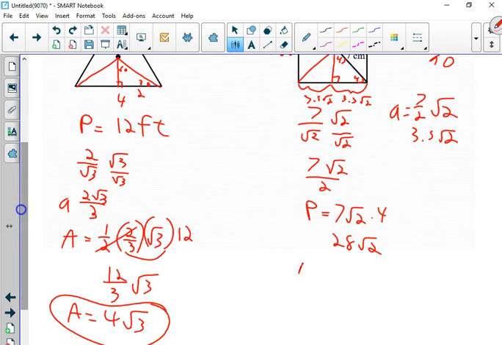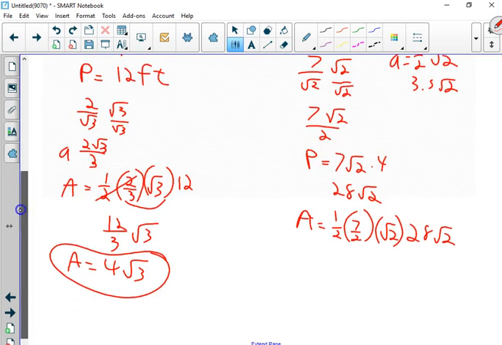And now we calculate our area is 1/2 our apothem, 7/2 root 2, times our perimeter, 28 root 2. And now we just multiply it all out. Okay? So we do our outside numbers. So we do 7 times 28,